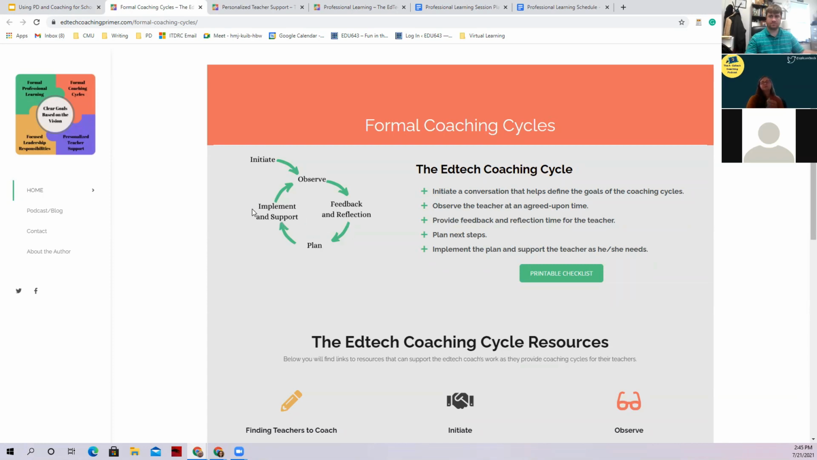And then that implement and support piece is really just going back to, do you guys plan on co-teaching? Does that teacher want you to come in and help co-plan? Do they want you to come in and model for them? Do they want additional resources? So are you providing more research? Are they wanting you to dig very deeply into data with you? So that is kind of the idea behind formal coaching cycles, and the rationale for formal coaching cycles is really just to give a partner in the class